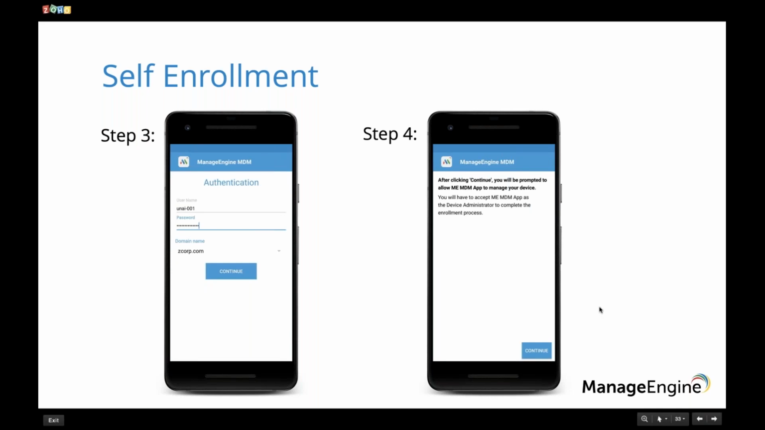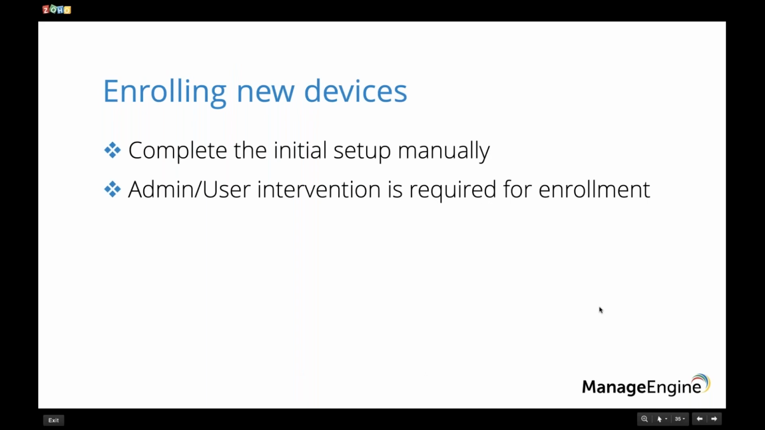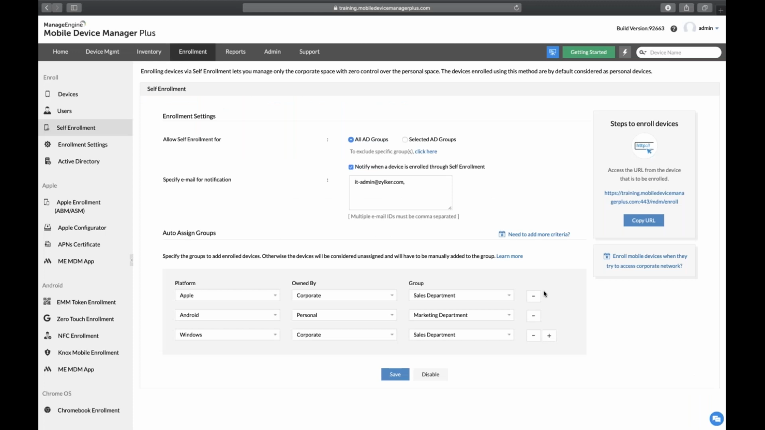the MDM solution itself. So this is how the enrollment would work for your enrollment via invite devices or for your self-enrolled devices itself. The key point over here is that these enrollment tasks are always focused towards your BYOD